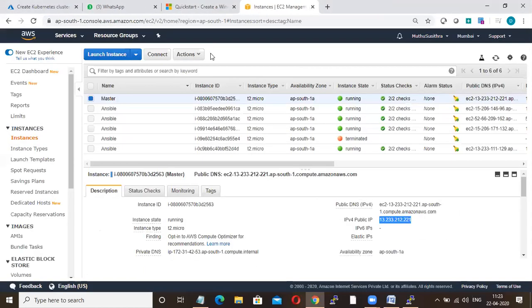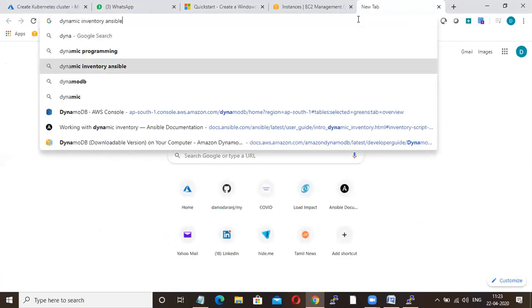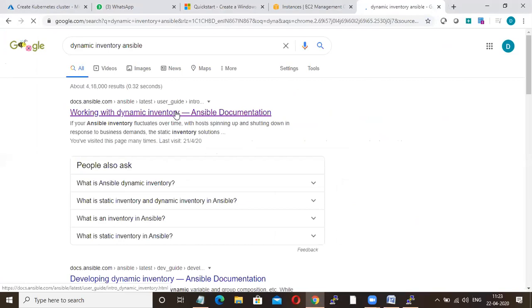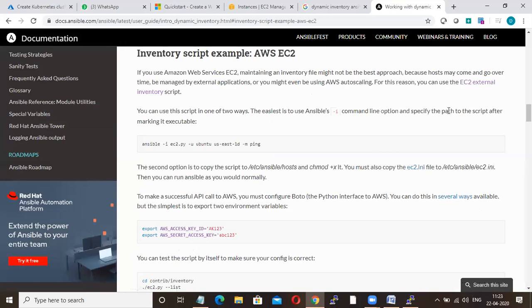This is the official website, but still I'll check it on some GitHub. Might be you will get it in GitHub, but I have to check it out, because I'm just using the Ansible website. I won't go for any other websites. I'll work only with the official website. In the official website itself, they have removed it.